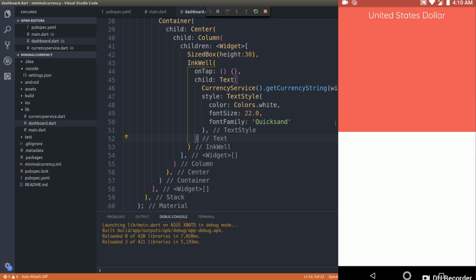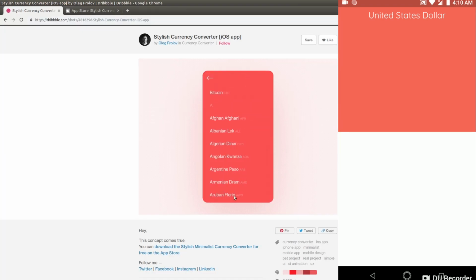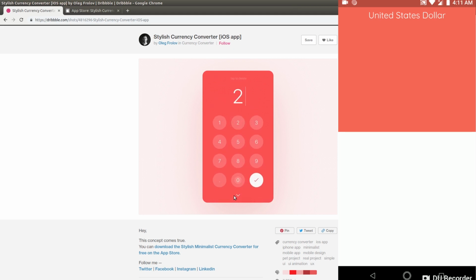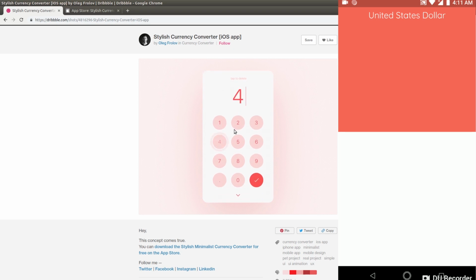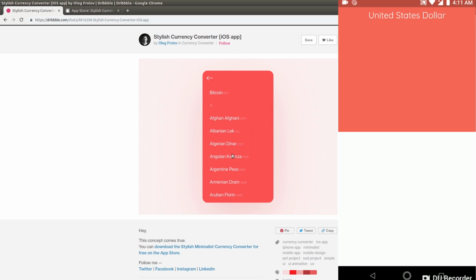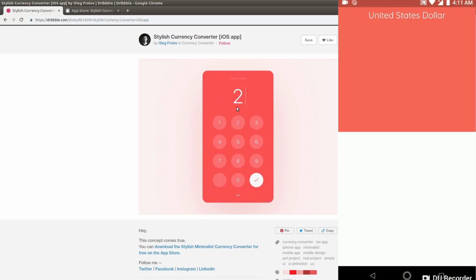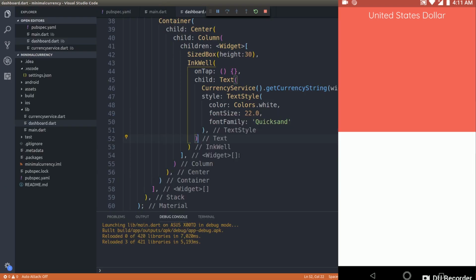Let's save this. Let's see how this looks on the device. United States dollar. It's looking really good, right? Oh, here United States dollar is at the bottom. Anyway, in our app we'll have it at the top. There's no difference in that, right? We'll have this currency to be converted here and United States dollar at the top. Okay, so now that we have a title on the top, next we'll start with the currency values, actual currency